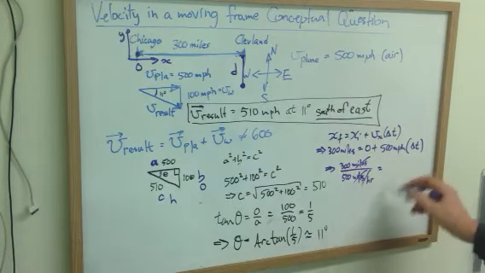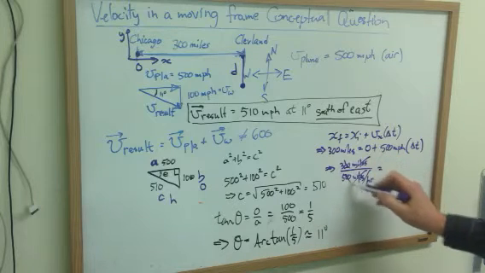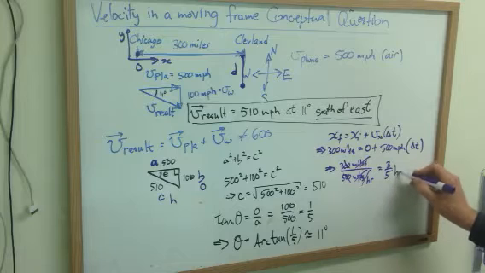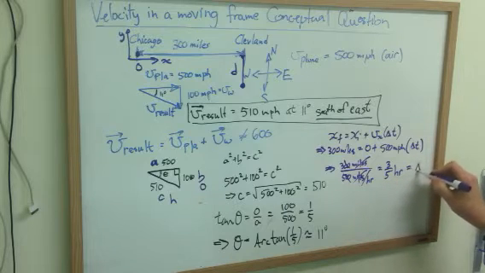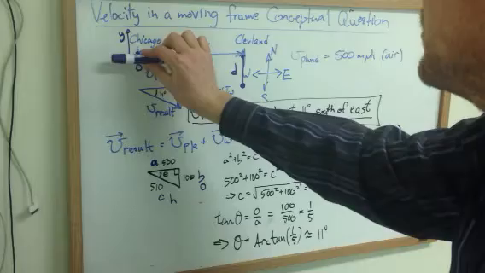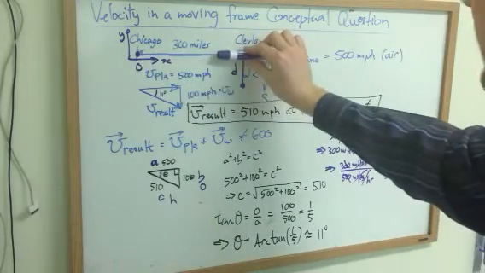The per hour is now hours. The hundreds cancel with the hundreds, and I just have 3/5 of an hour is equal to delta t. So that's just over half an hour it takes for the airplane to go from Chicago to where the pilot